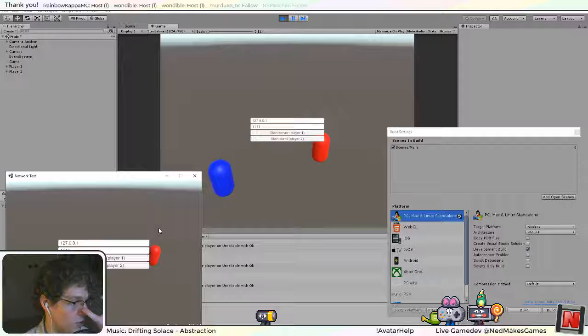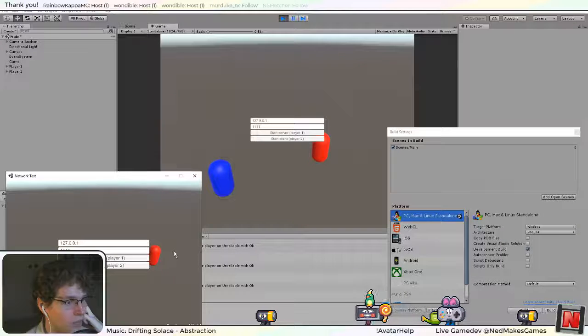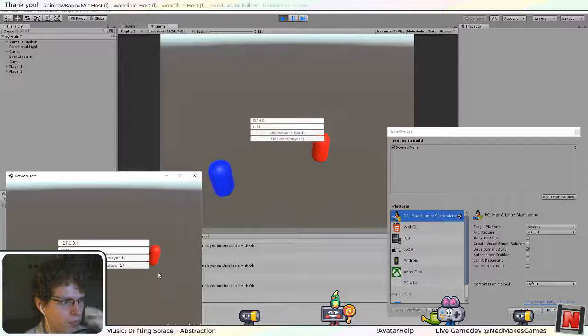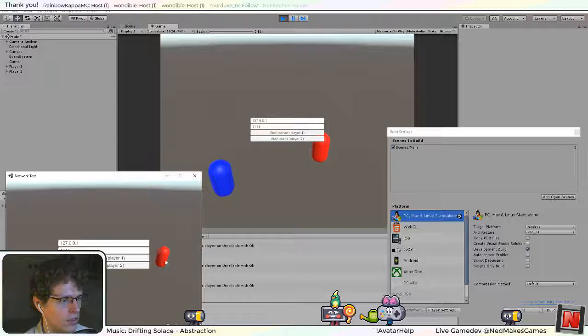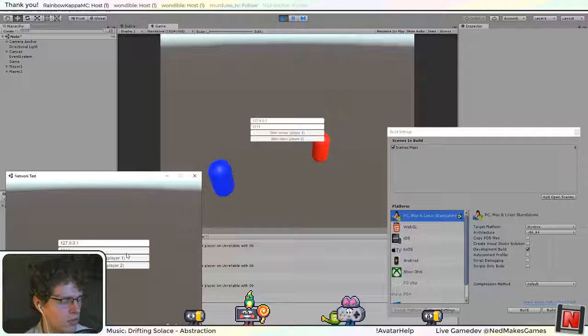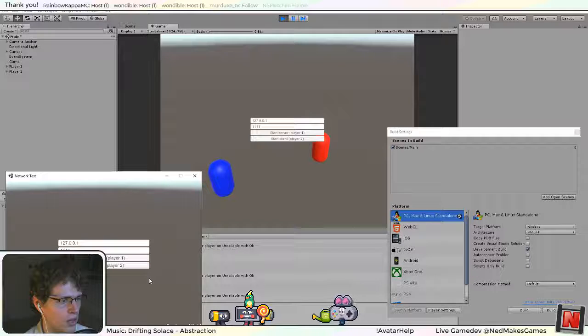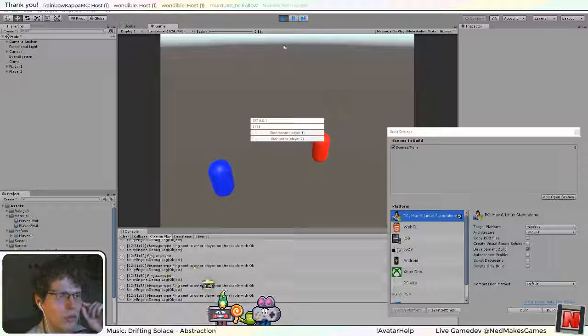Okay, so the next step is actually sending messages to the other player whenever we move. And as long as the input vector doesn't change, we don't have to send another message, because the client just assumes if it doesn't get a message that the player is going to keep moving, or not even in a straight line, it's going to keep moving according to the physics. So basically what we need to do